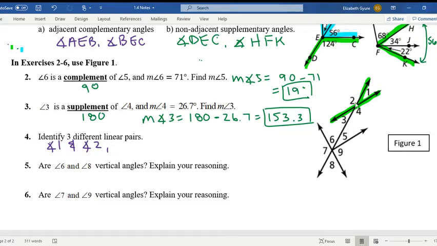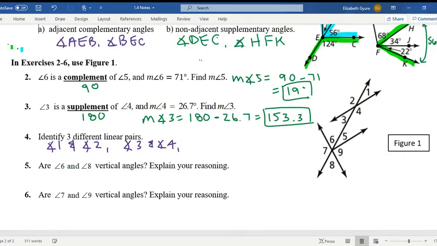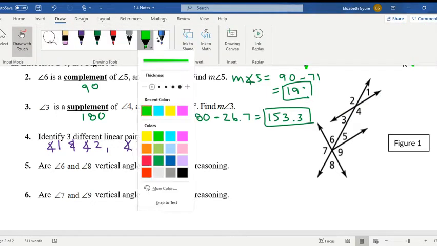And then actually, if you look just on the opposite side of that, 3 and 4 would work as well because you still have your opposite rays. So it doesn't matter that it's upside down, that could also work. And then same thing, it doesn't necessarily have to be upright or upside down. You also have a pair of opposite rays